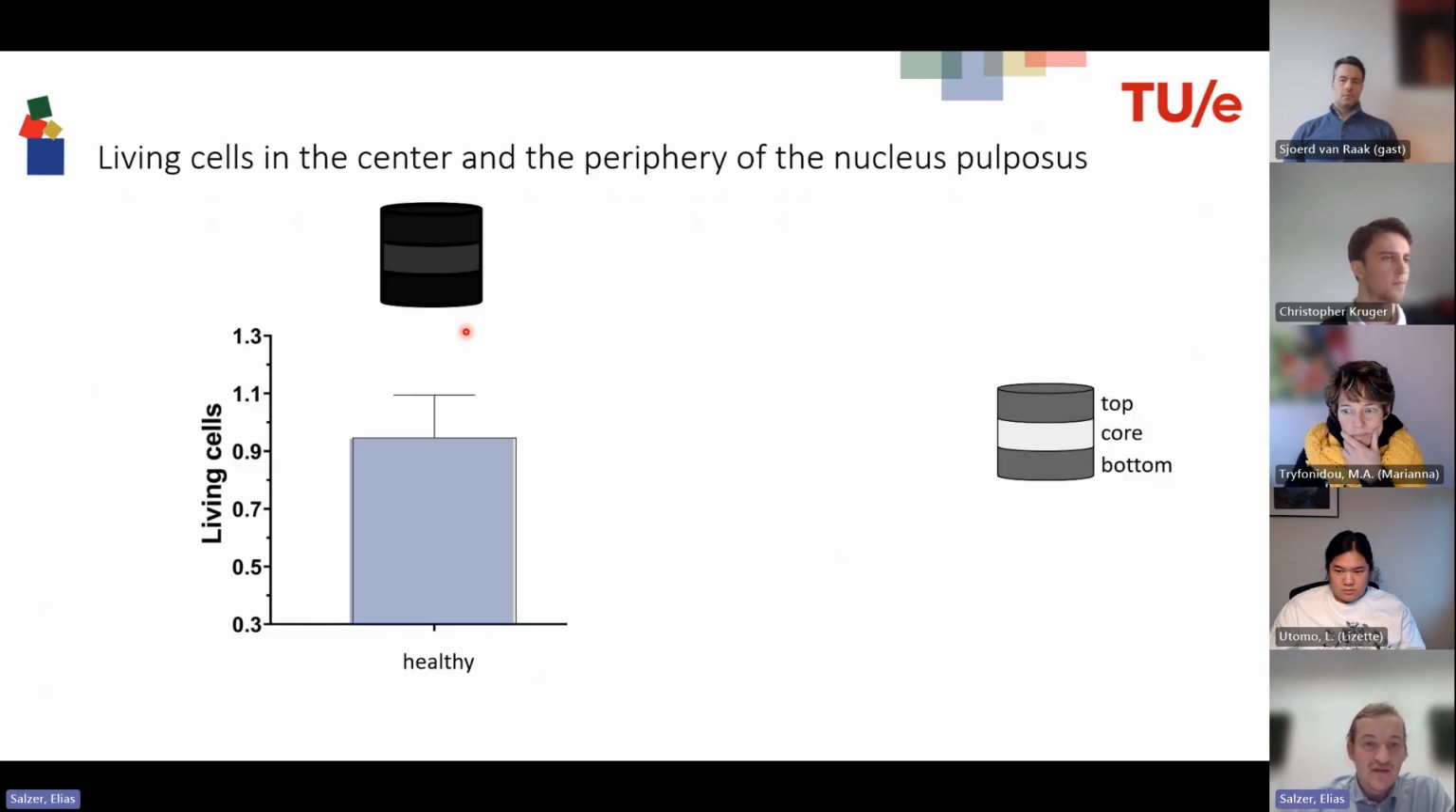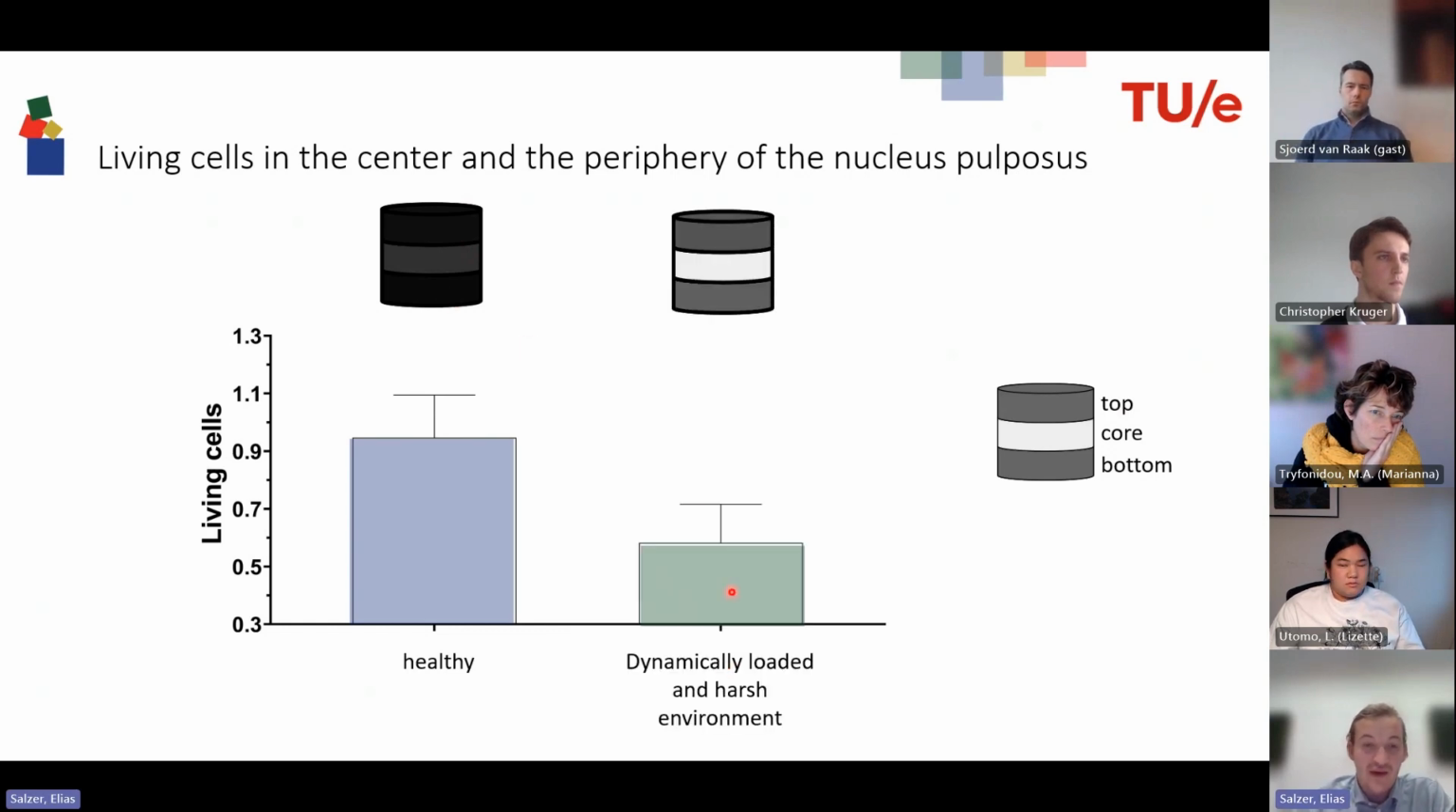Well, we did this for the center and for the periphery, so the top and the bottom. And in a healthy tissue, this is close to 1, meaning that there are as many living cells in the center as there are in the periphery. But when we now combined dynamic loading and the harsh microenvironment, we see that it is less than 1. It's approximately 0.5, 0.6. And this means that there are fewer cells in the center, here in white, than in the periphery. So that means that the cells died in the center, but not in the periphery, meaning that it is actually the distance that makes it so difficult for the nutrients to reach the center of